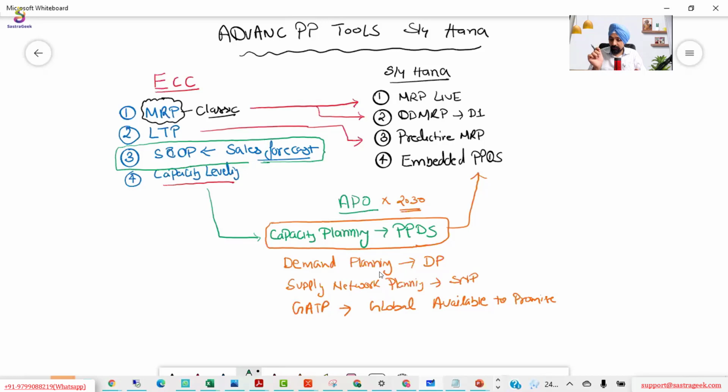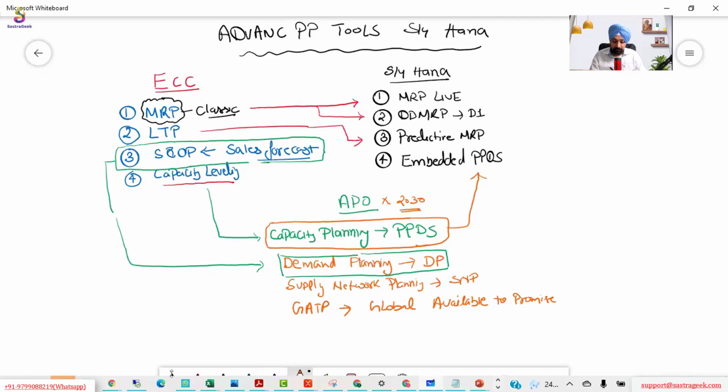S&OP is where the sales forecast happens. Even in ECC itself, if some people wanted to adopt forecasting models and advanced forecasting models, SAP was recommending that rather than using S&OP, you go and use the DP module of APO, because that is more advanced and all the functionalities, features, or algorithms required by a client are available here in DP. So now this demand planning as APO is going to sunset, first they moved from S&OP to DP, and now they would be moving